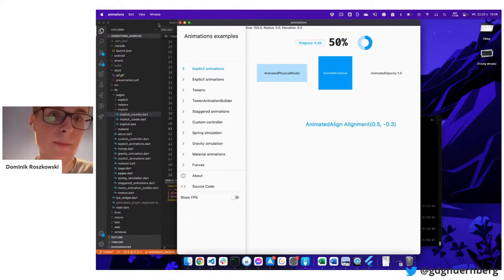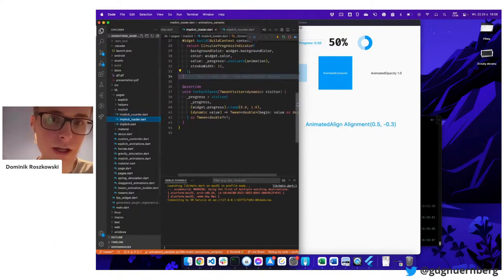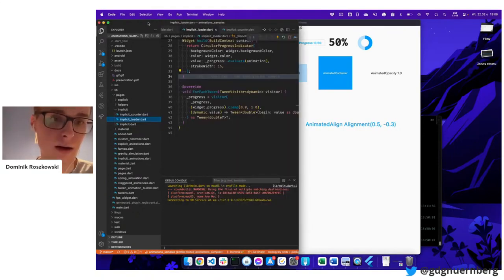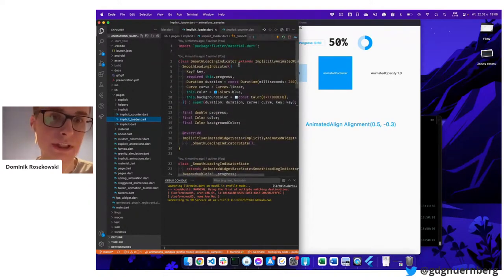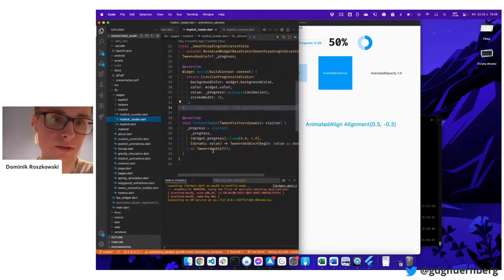If you want to see the real code for that, you can go to the GitHub repository. If you open this on a website, you will see the source code here, and if you press on that, you will be navigated to the GitHub repository. And here we have the smooth loading indicator implementation. So as you saw, we have this forEachTween method.